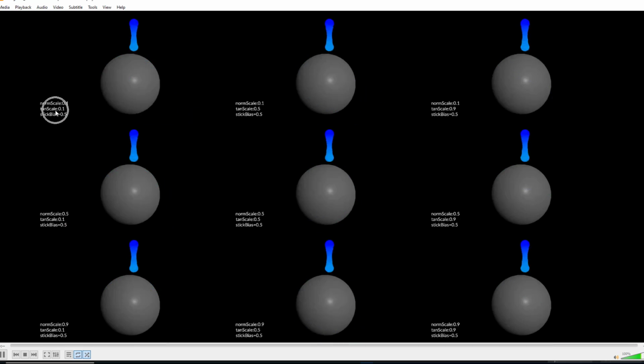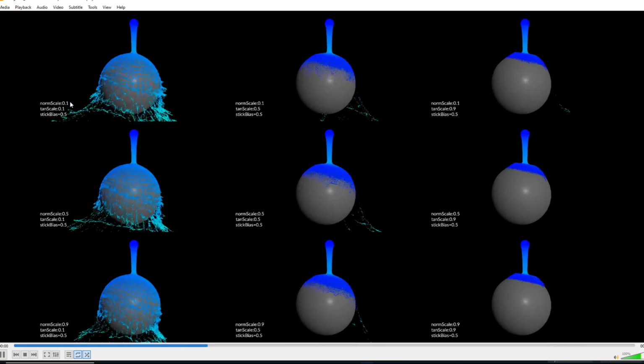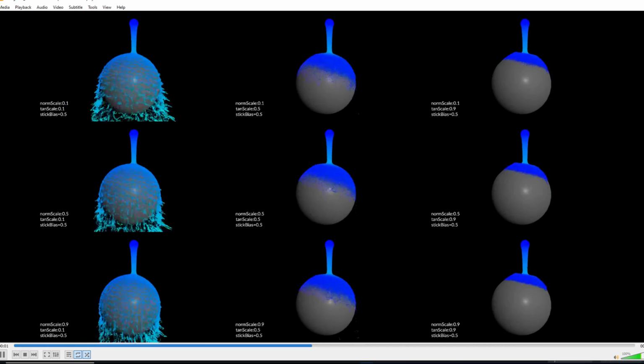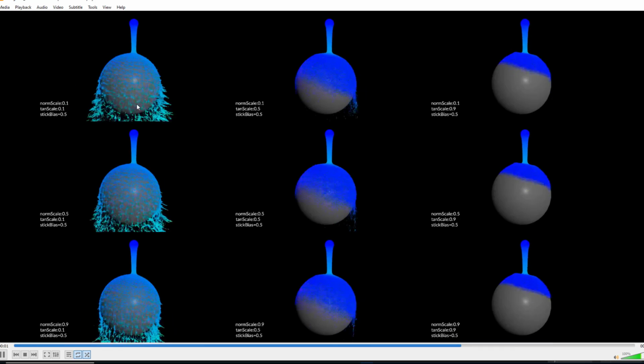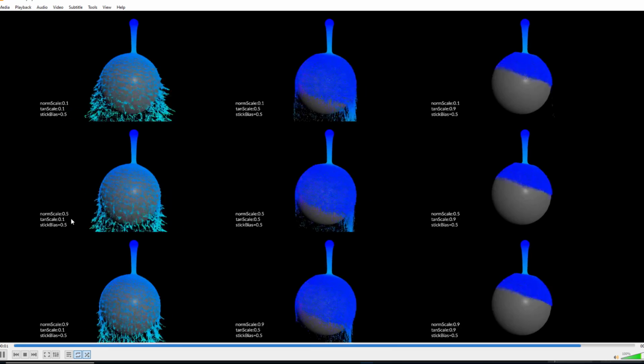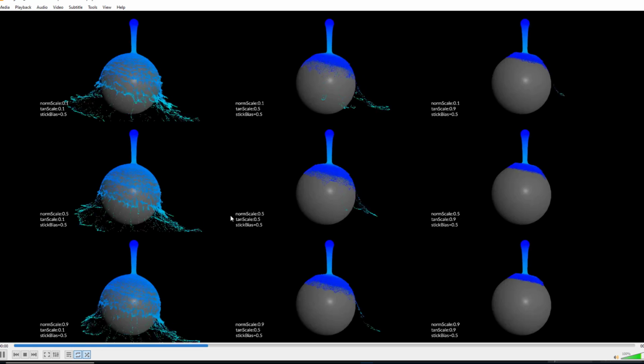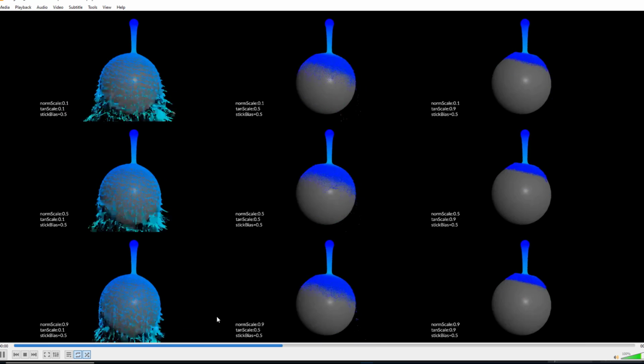So what you can see here are the different parameters that have been played with. At this top here, I've been keeping the normal scale to 0.1 and the stick bias to 0.5, but I've been playing with the tangent scale. You'll see the tangent scale increases here, and you can see the effect of that. On this next row, we're now also playing with the tangent scale, but we've got a slightly higher normal scale. And again, across we're playing with the tangent scale, and at the bottom here,